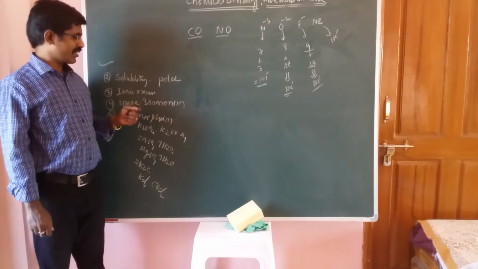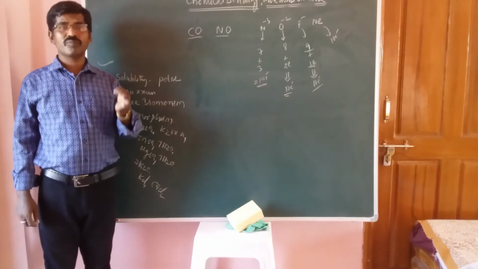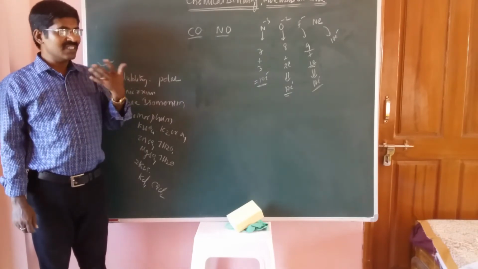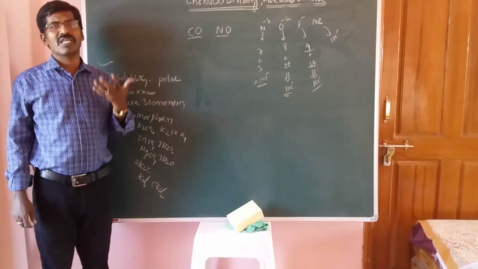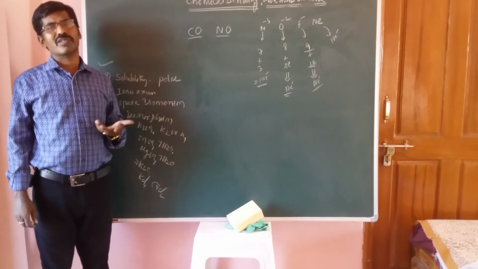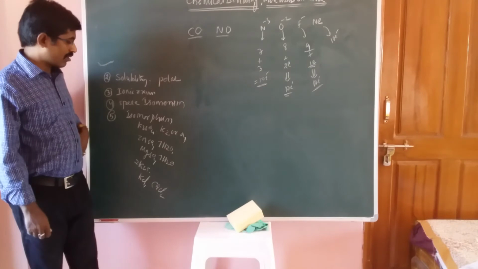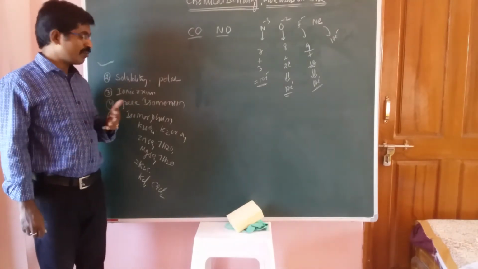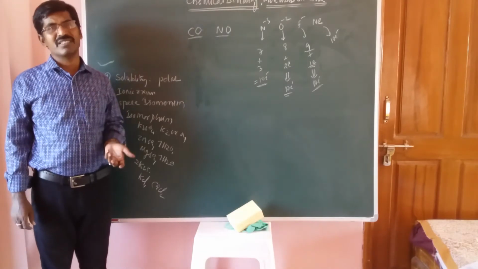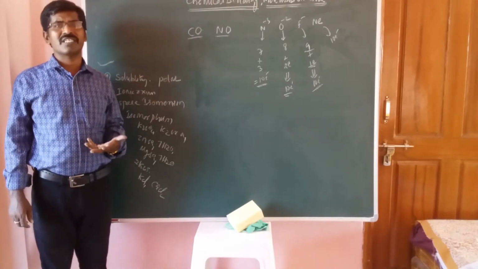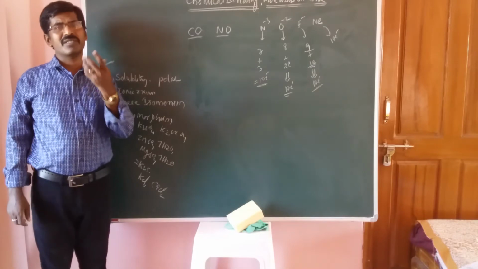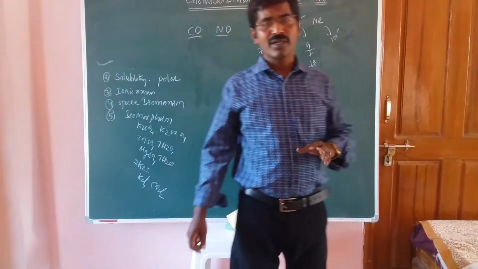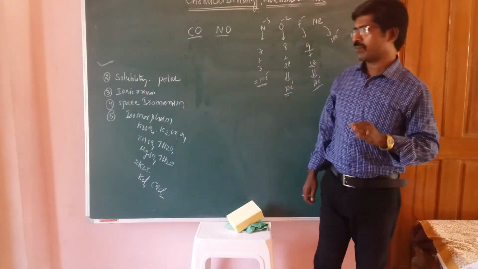Just now we saw, in the case of MgSO4 7H2O and ZnSO4 7H2O, zinc sulfate and magnesium sulfate both have the same number of water molecules. Okay students, these are called isomorphism. Now the definition of isomorphism: iso means same, morphism means arrangement of the atoms or molecules. I hope this is a complete statement about that.